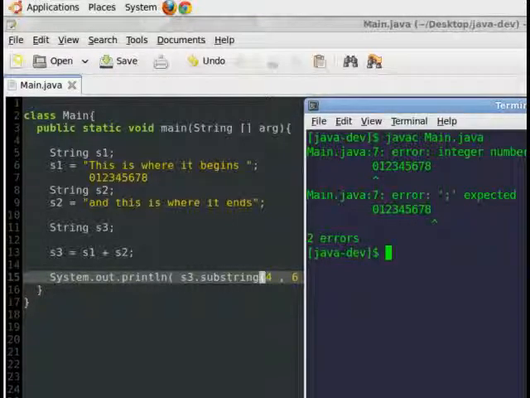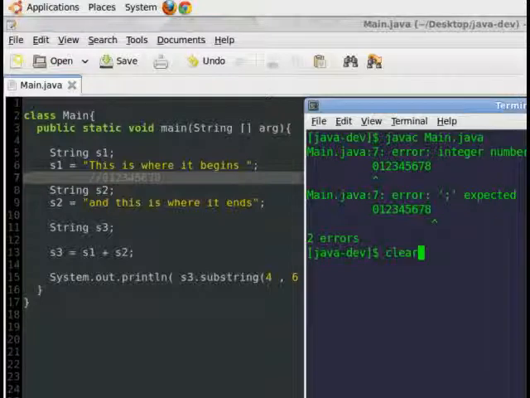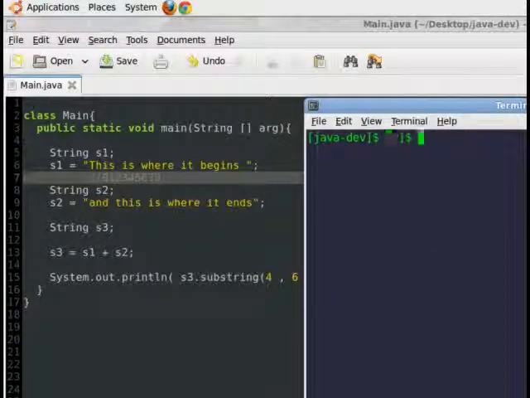Oops, we have an error. We cannot have just a bunch of numbers lying around, so let's comment that out. And if you don't know what a comment is, if we put 2 double slashes, that will erase this line from the view of the compiler. So it will be like this line never existed, and the compiler will just overlook this and won't compile it. So let's save that. Let's compile this again. It compiles, and now let's run it,